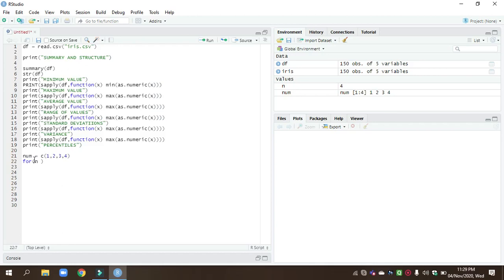For n in num: here num is a variable, and we are taking the 4 columns, so we can perform the operation on all 4 at the same time.